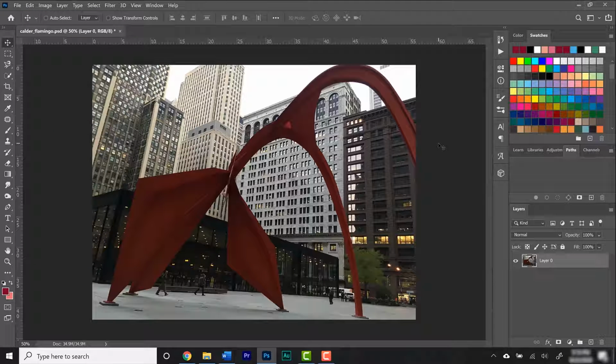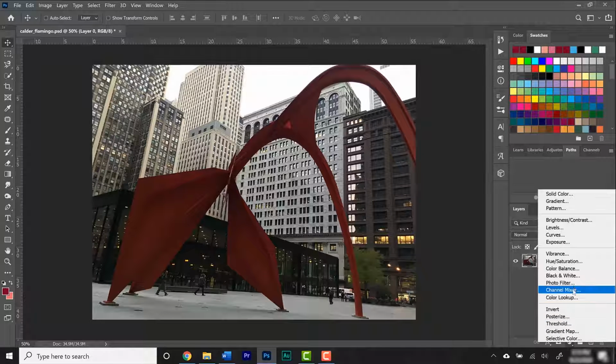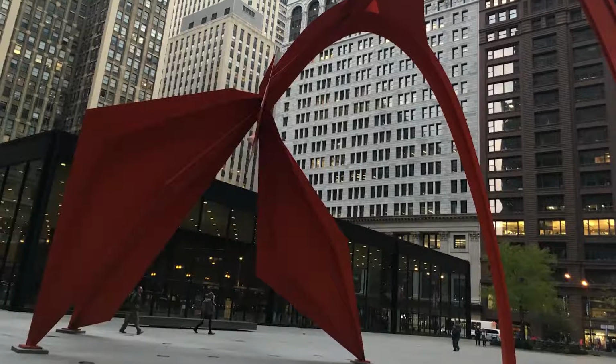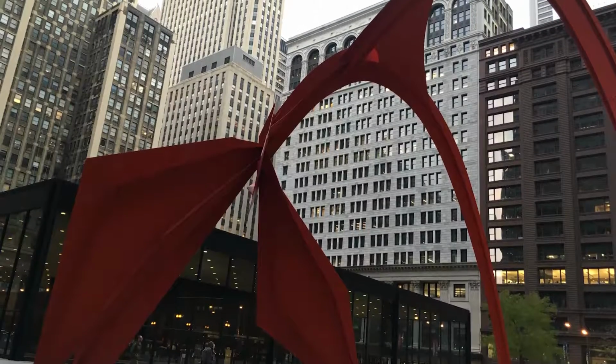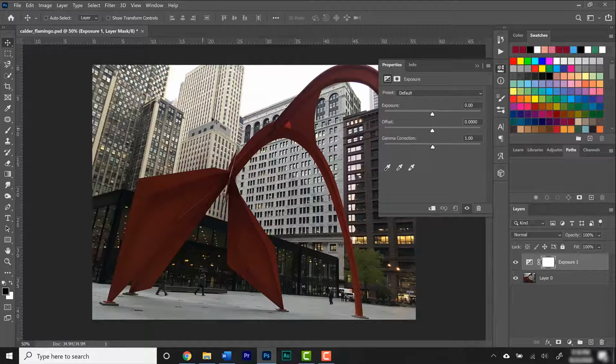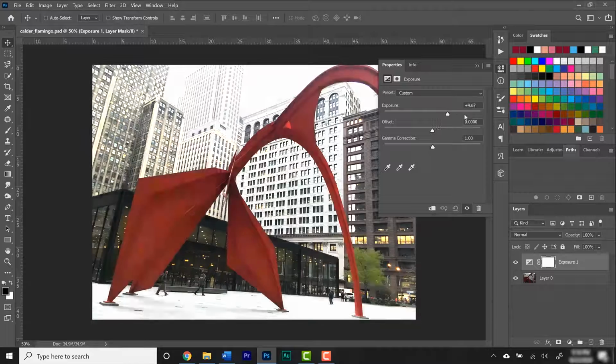Now, let's talk about those camera settings we mentioned earlier. For example, let's add the exposure adjustment layer. When I took this image, the exposure, remember, the amount of light let into the photo, translating roughly into the brightness, was acceptable, but not great. The background buildings look alright, but the sculpture itself is kinda dark, so we can use the exposure layer to change the brightness. This can involve a subtle edit, like this,